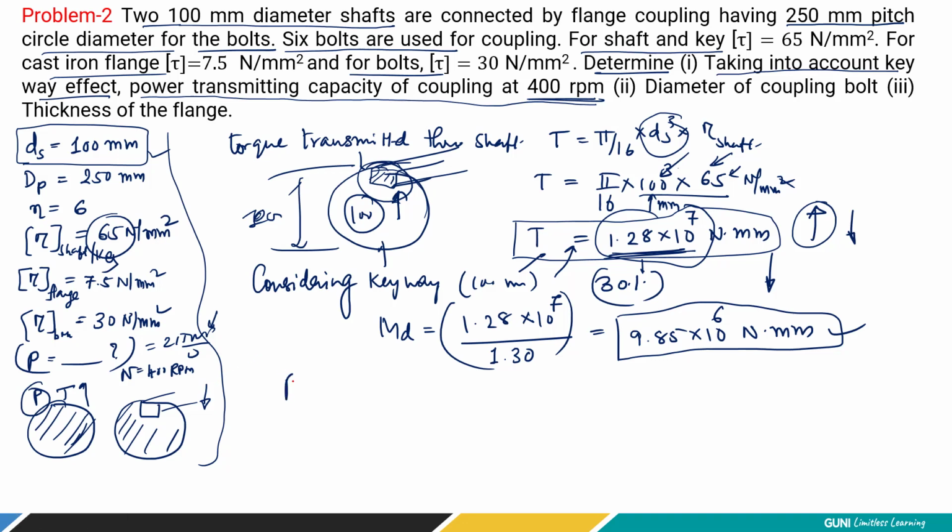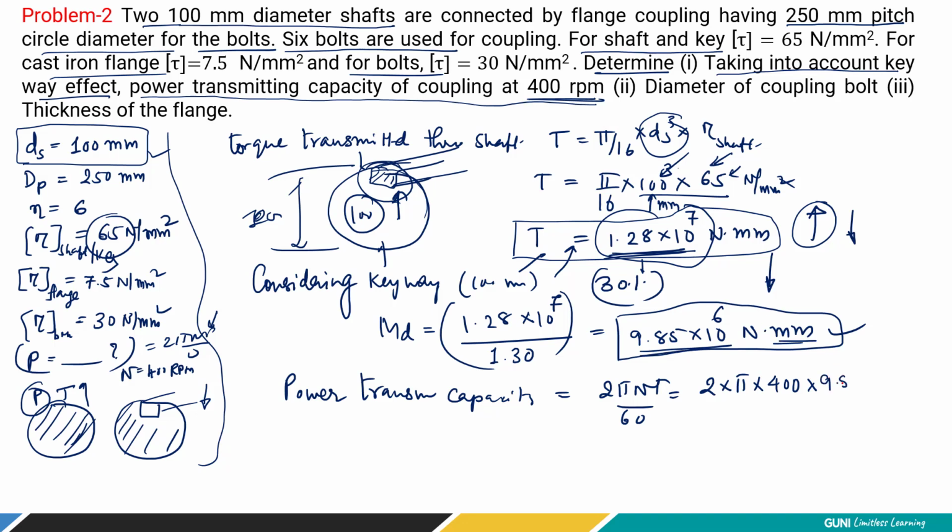So power transmitted, the first answer, is power transmitted. Now see, the shaft has a key and the hub also has a key, so considering the keyway on the shaft dimensions, we considered it weakened, so the power we will transmit now will be lower. So the actual power transmission capacity is given as 2π N T divided by 60. So here 2π, and now what is the RPM given? 400. And what is the torque? Torque is this much. Now convert this millimeter into meter.